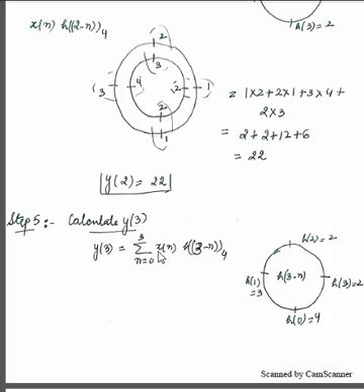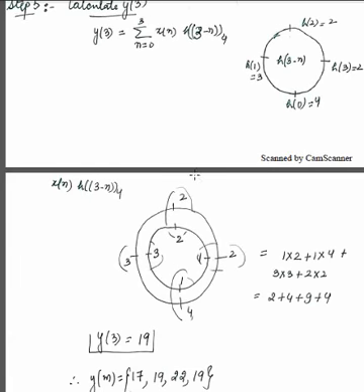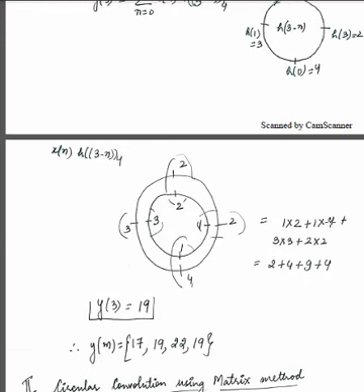Then multiply this sequence with x of n, that is the first sequence, like this. Then it becomes 1 into 2, 1 into 4, 3 into 3, then 2 into 2. It becomes 2 plus 4 plus 9 plus 4, that is equal to 19. Therefore the circular convolution obtained is y of n is equal to 17, 19, 22, 19.